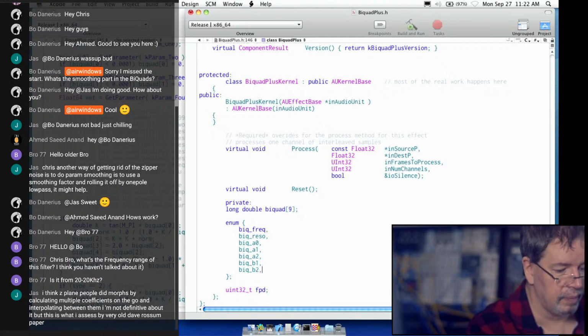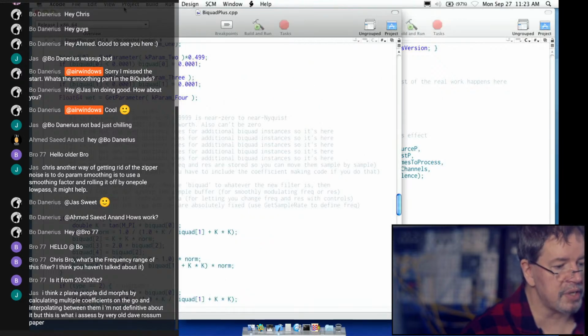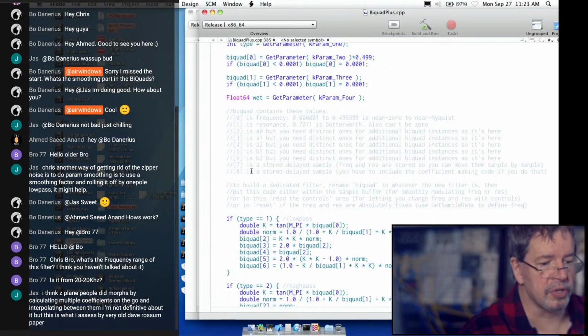Comma. And let's see, stored delayed sample. What was I saying with this? 7 and 8, and also there's going to be more in another one. Maybe I should code this with space for the stereo version from the word go.